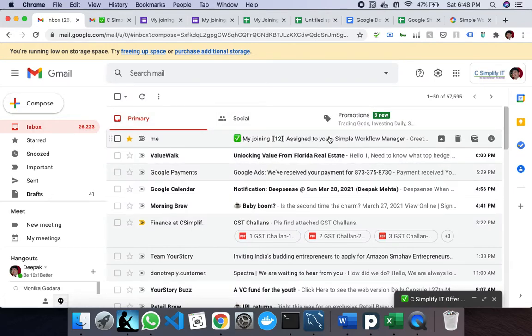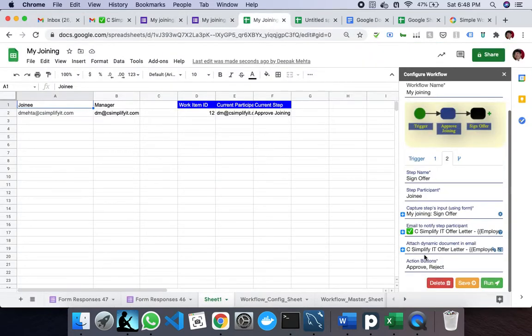So the first time it came only to fill the form, but now I should also receive a generated letter once it processes it, because in my workflow I have mentioned that I need to send the template and the dynamic document to the joinee.